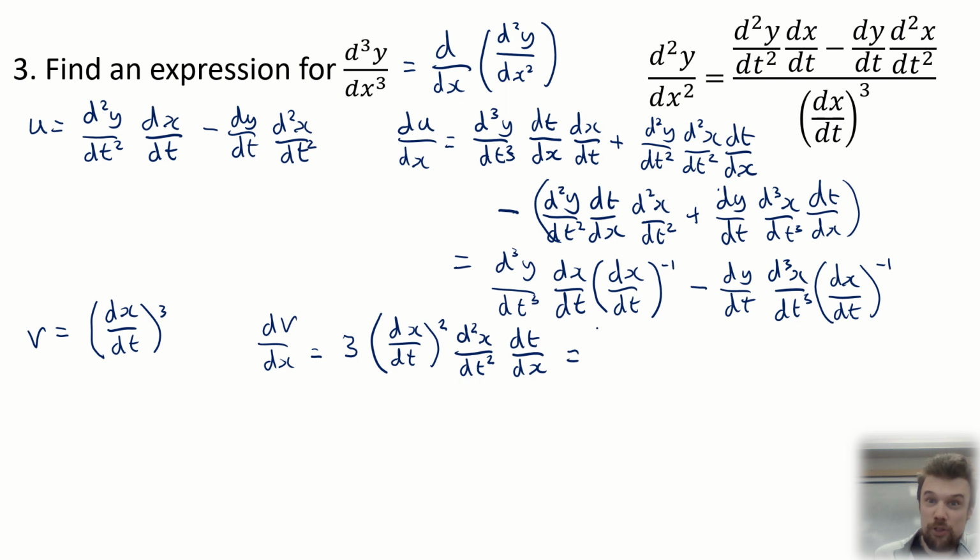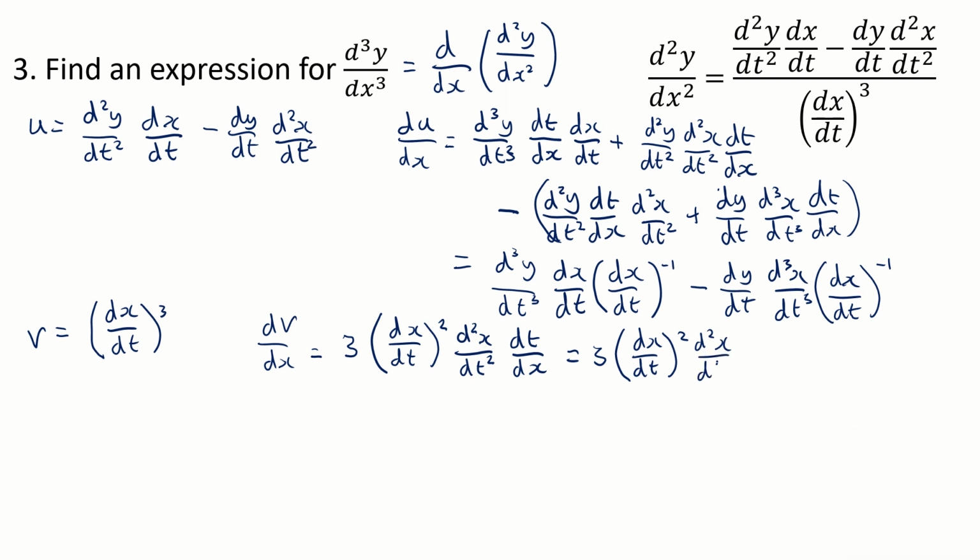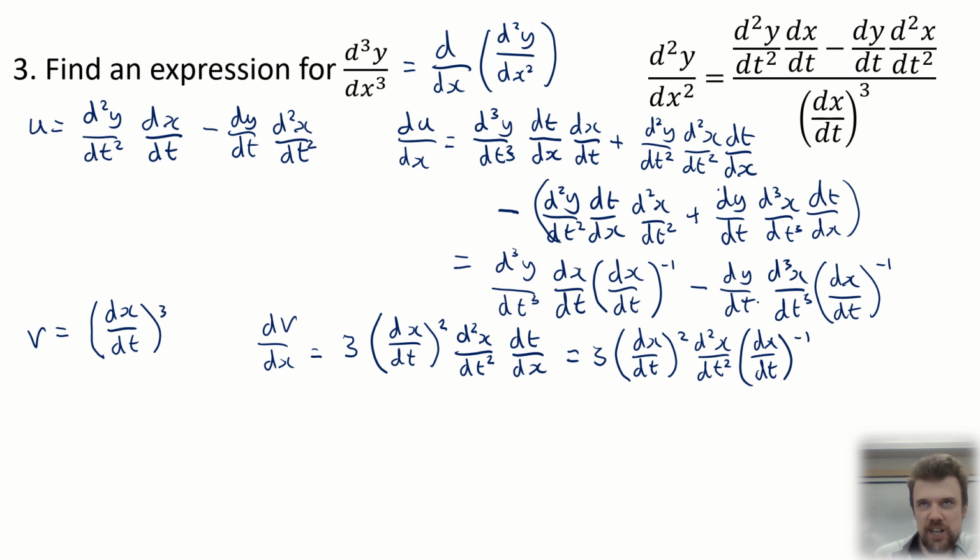And again, therefore, that can be rewritten as well. So we could realize that this is 3 lots of dx over dt all squared times d squared x over dt squared. And again, I've got to rewrite the dt over dx, and it might be tempting to cancel out the powers. I'm going to leave the power minus 1 though, because now when we try and find d cubed y over dx cubed,